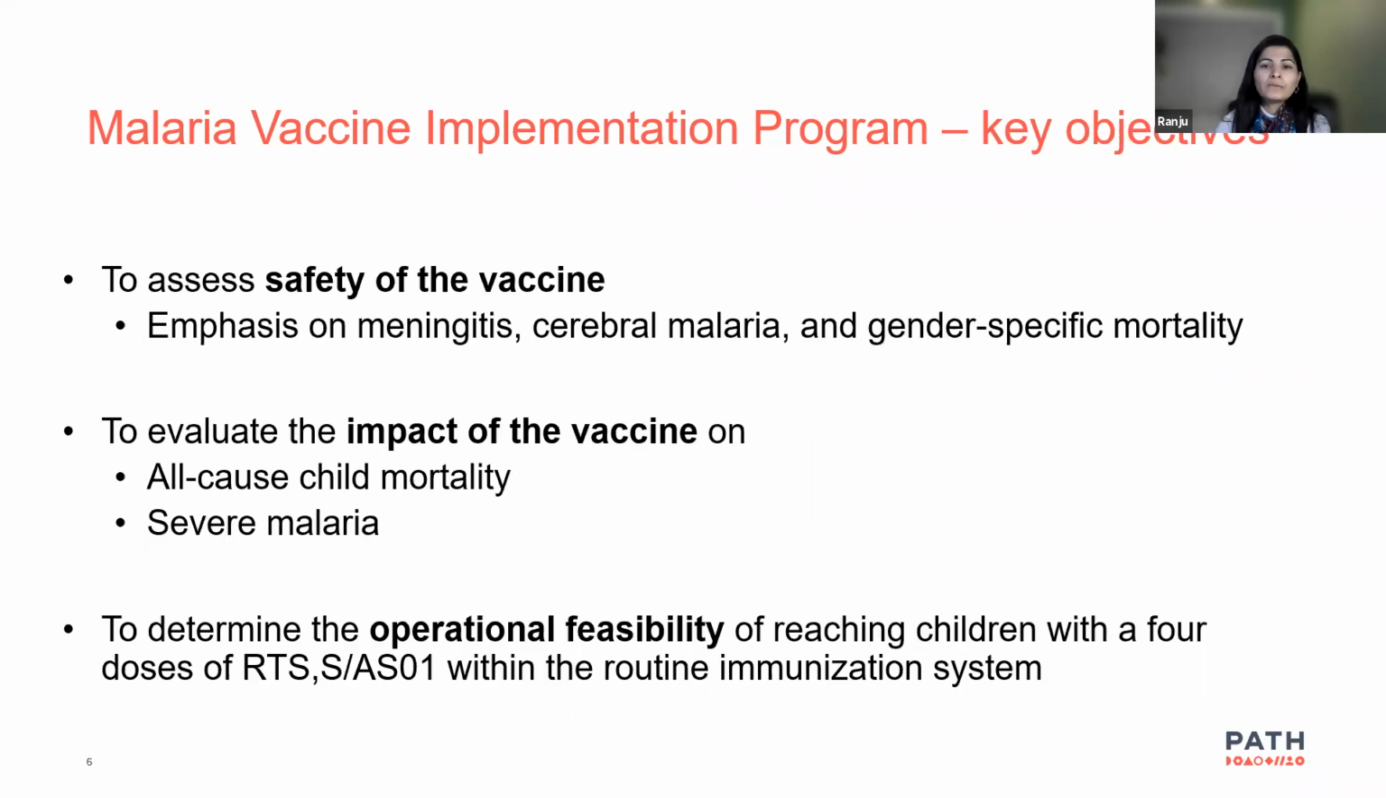The main objectives of this pilot program were threefold. First, to assess the safety of the vaccine with the emphasis on the signals that were seen in the phase 3 trial. Second, to assess the impact, especially on the mortality and severe malaria in the routine use settings. And thirdly, to assess the feasibility of reaching the children with full dose of vaccine between the ages of 5